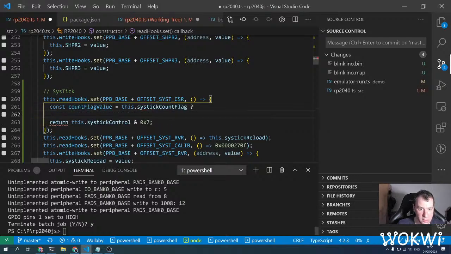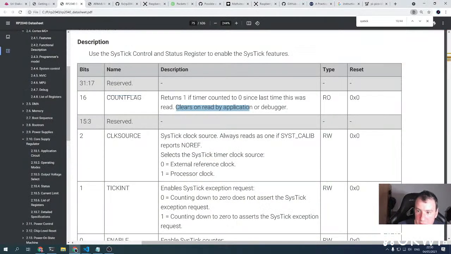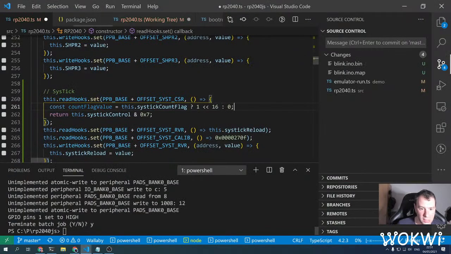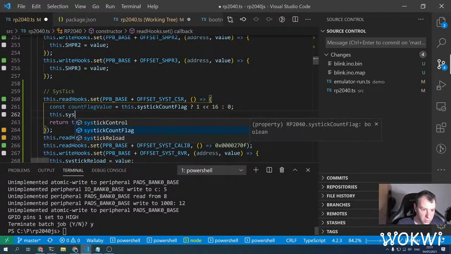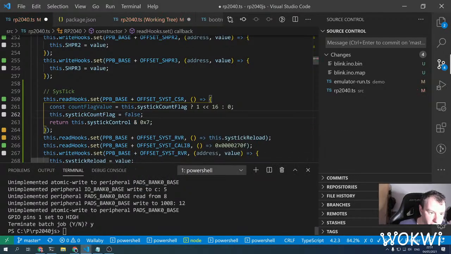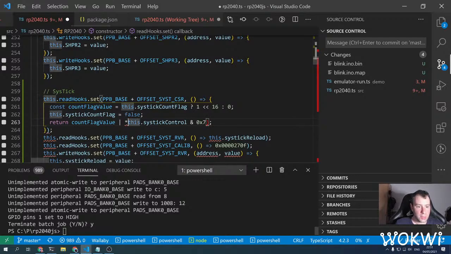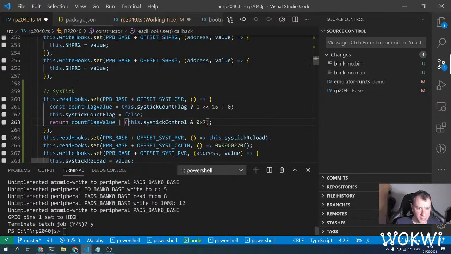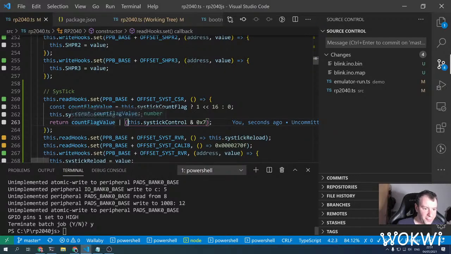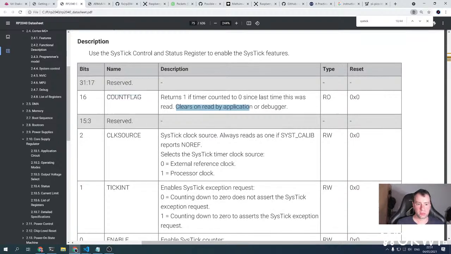Then we set bit number 16, otherwise it's 0, and then we always clear this flag whenever we read, and we have that logic implemented as well. So this one as well. And finally, so we have this, and we need to be able to return